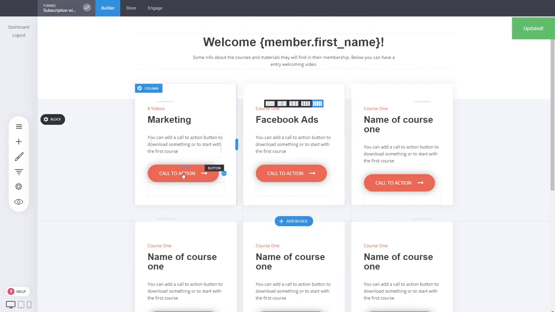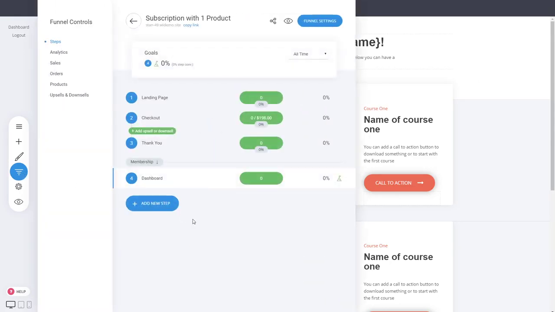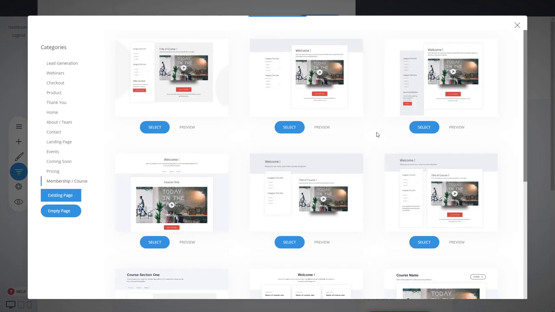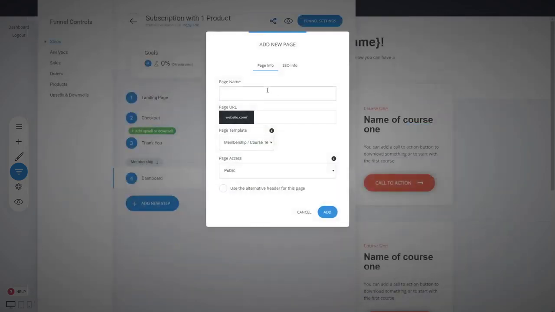So now, in order to link this button to an actual page with all the videos or a specific course, we have to create that. So go again into the funnel section, add new step, page, and here we have different examples. And in my opinion, the best way to do it for a few courses is something like this, or this type of design. So let's just select this one and let's go with